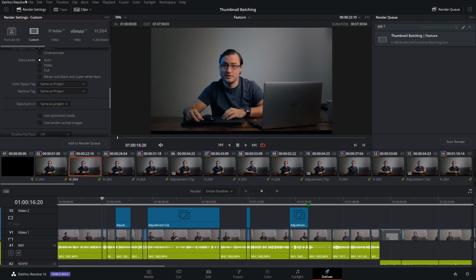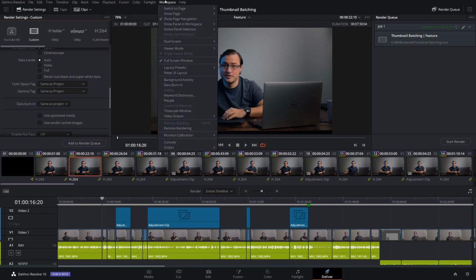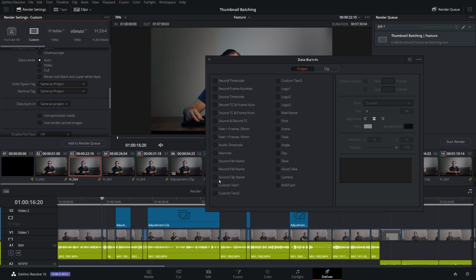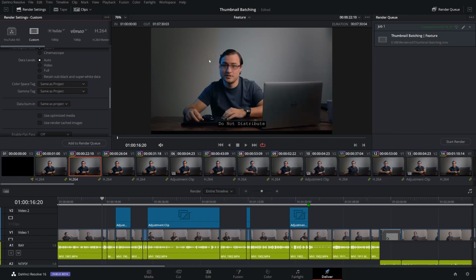And then an additional thing that you'll want to do is go up to workspace and drop down to data burn-in. You could do the time code or you could do custom text, and you can say like, do not distribute, and keep it like that. Then once you close it, you'll see this is watermarked at the bottom, and this will burn into your video. So this watermark is going to appear on every single video that you end up exporting as long as you're